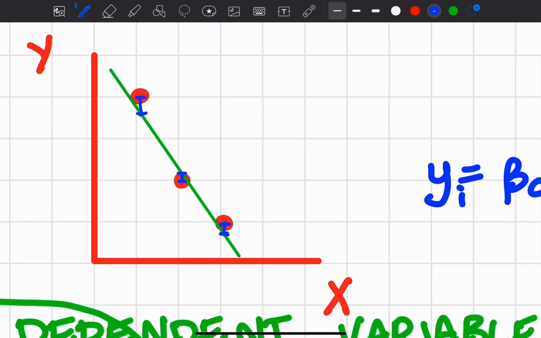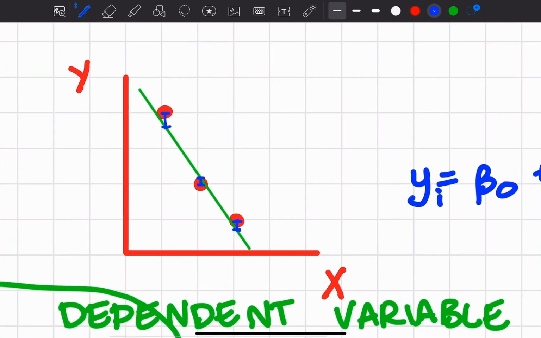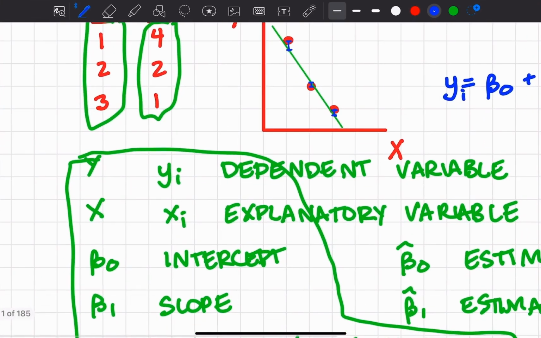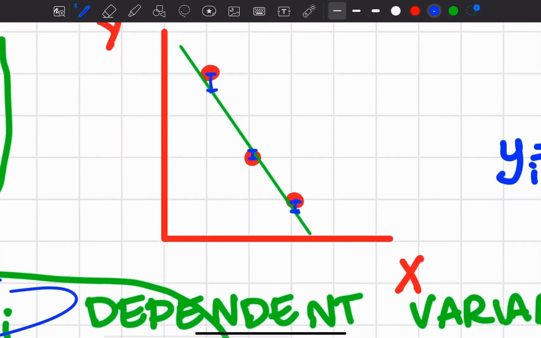And then, importantly, the residuals are the vertical distances because we don't care about predicting X. We want to predict our outcome variable, which is y. So we care about, let's say, for this X, we want this data point on the line of best